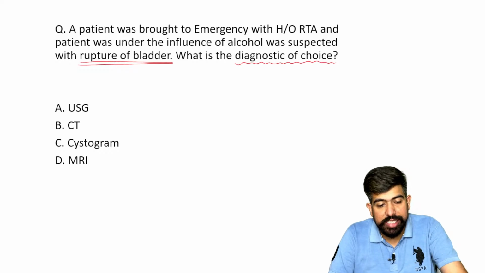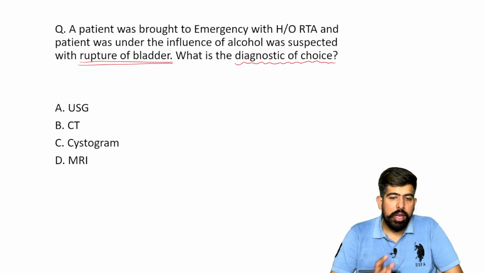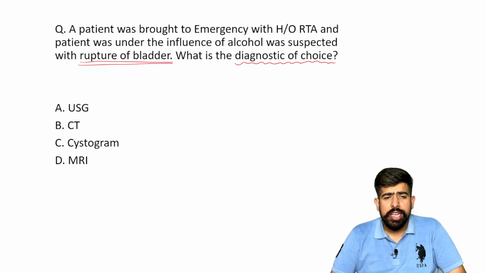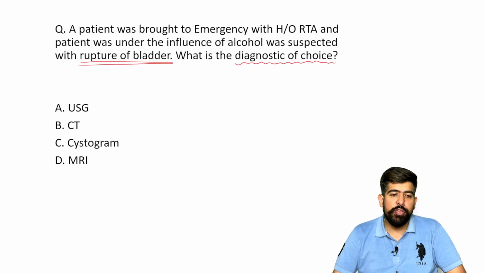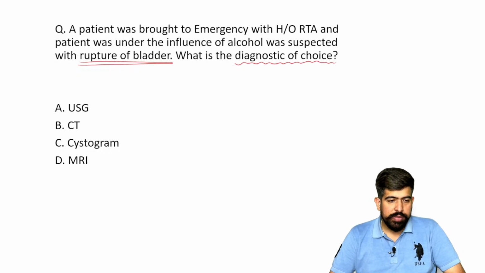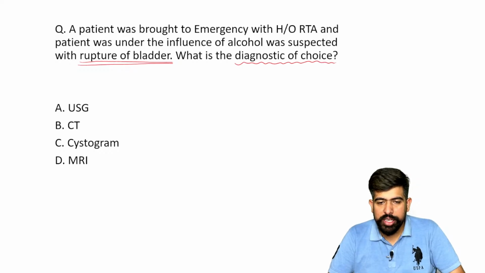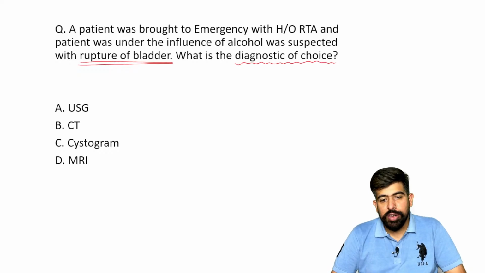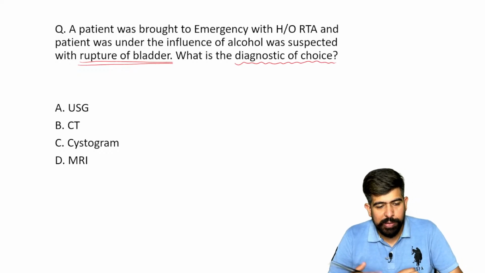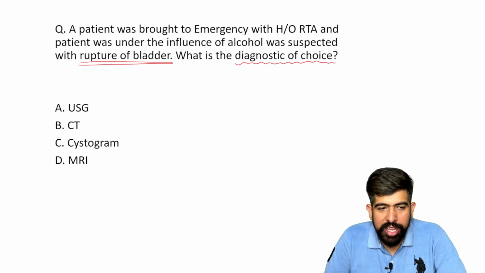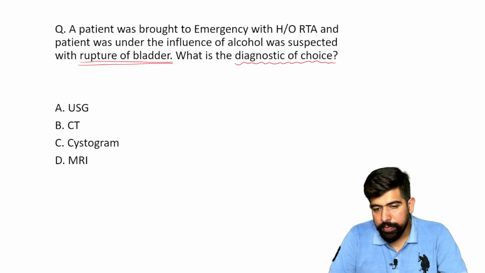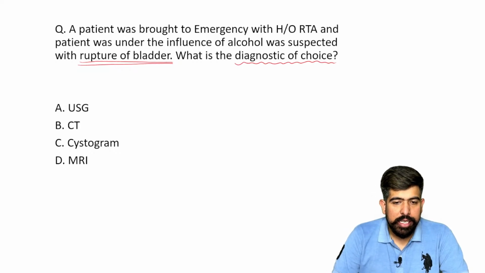And for the USG, whenever you went to the doctor as a patient, the doctor is saying to you that the bladder should be full, right? After the bladder is full, we can do your ultrasound. Before doing the ultrasound, the bladder full is needed. But if there is a rupture of the bladder, I don't think the bladder is full over there, right, doctor? So the USG cannot give the diagnosis, okay, right?